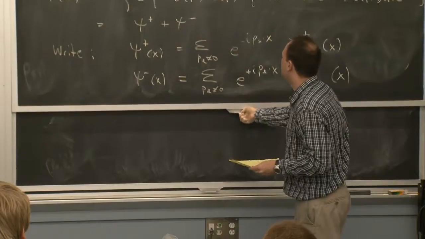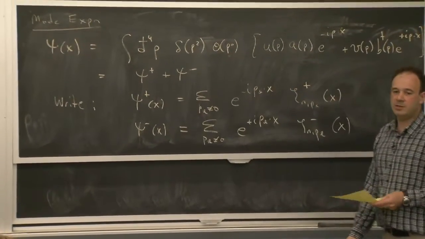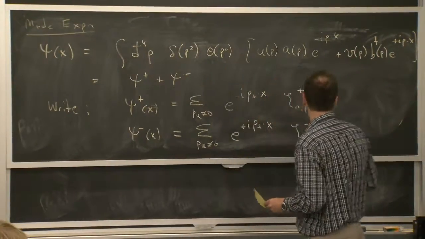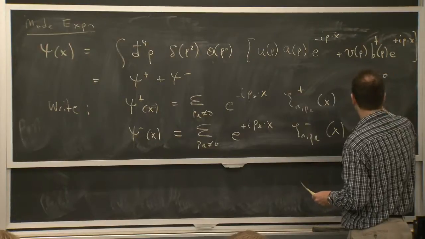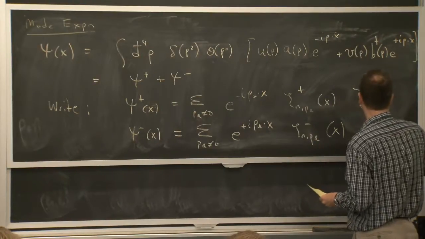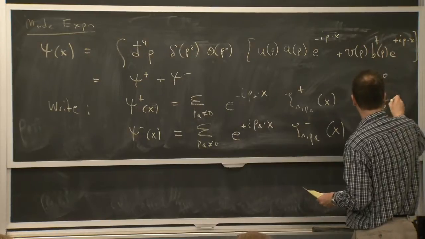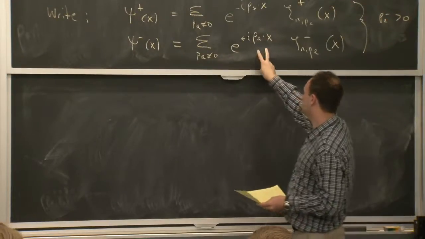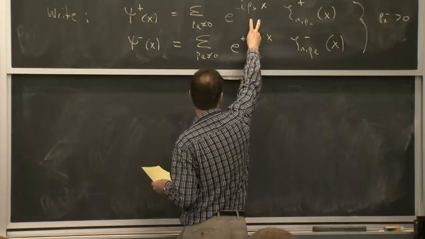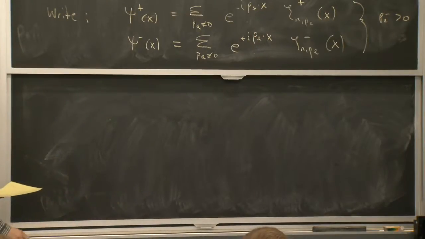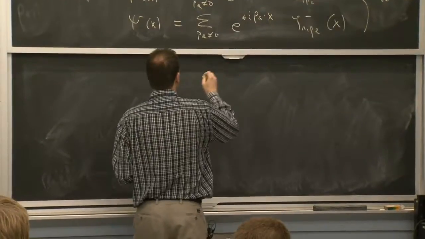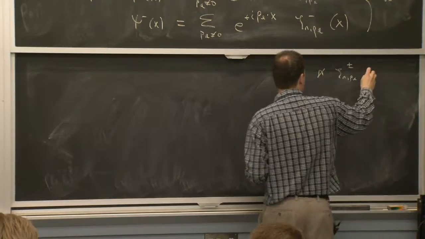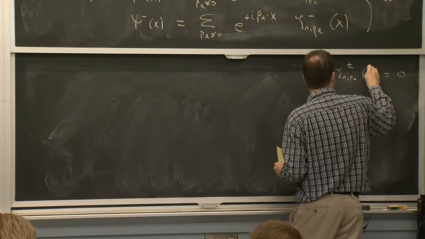And in this notation, P0 is the sum of the P minus and the P plus. So saying that in this mode decomposition P0 is greater than 0 becomes, for these two equations, when we go over to a linear scaling, that P L minus is greater than 0 in these equations. OK, so that's the sense in which these are different. With a positive P L minus, we have an opposite phase factor for these two guys. And in both of these cases, just as a remark, we still have this. That didn't change. Remember.